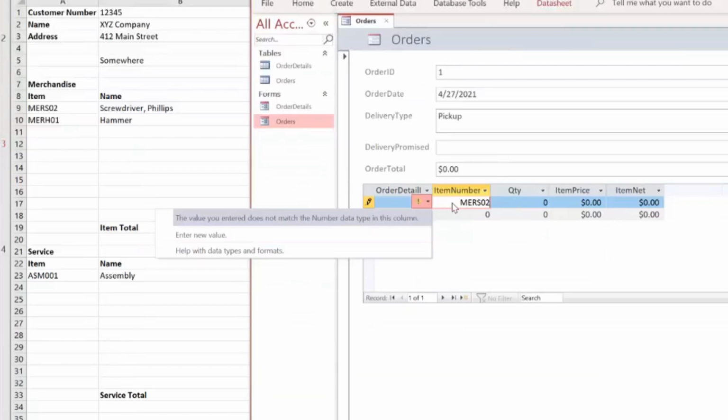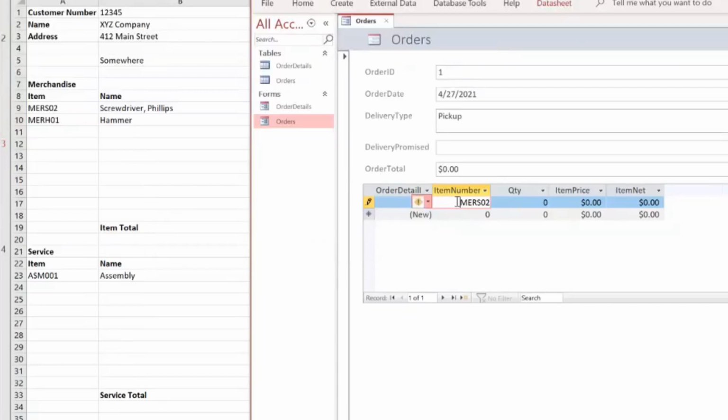So this is a good example of, when you are on a form, you might have the order ID, right? And you might even want to see the order detail ID, or the fact that this is related to this order ID. But if you're going to enter an item in and you're going to have an item ID, you're not going to want to enter that item ID. So you're going to want some type of a lookup so that you can enter the item number in, as opposed to